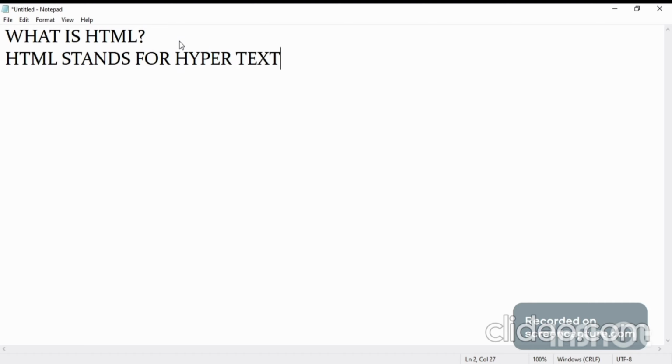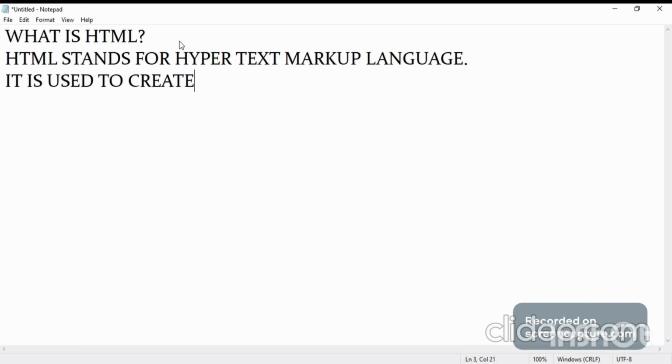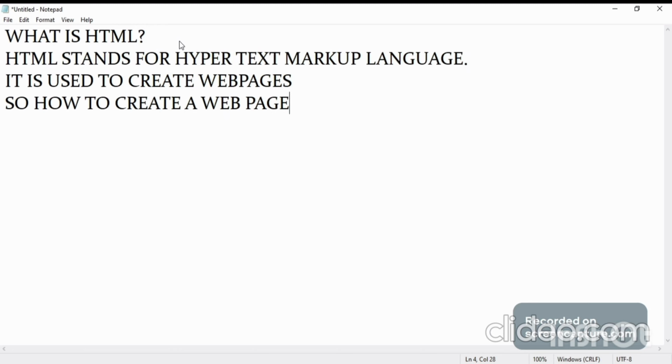So what is HTML? HTML is nothing but hypertext markup language. It is used to create web pages in the easiest way and is simple to learn. So if you want to create web pages, just follow these simple steps and you will be able to create the